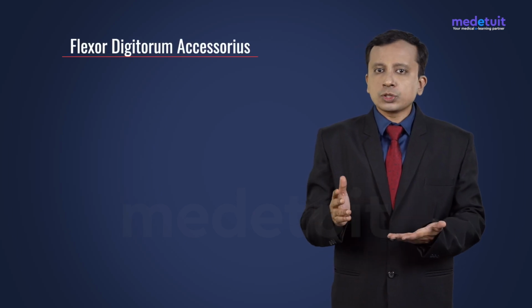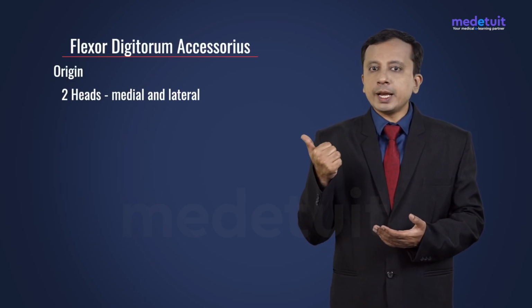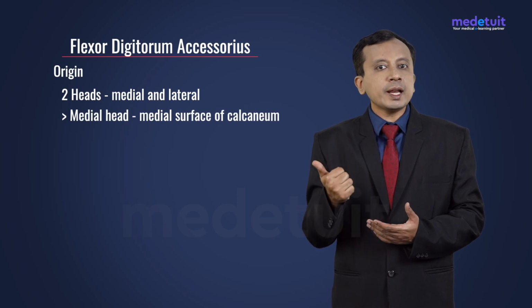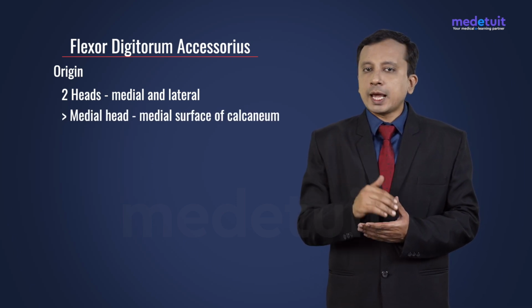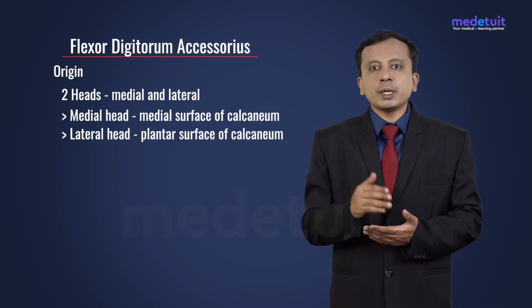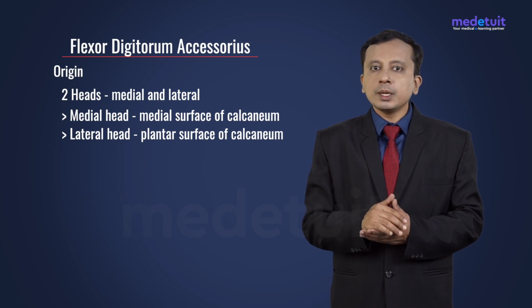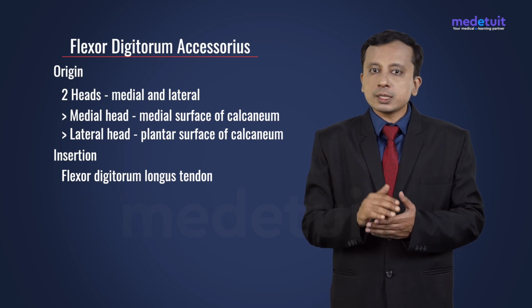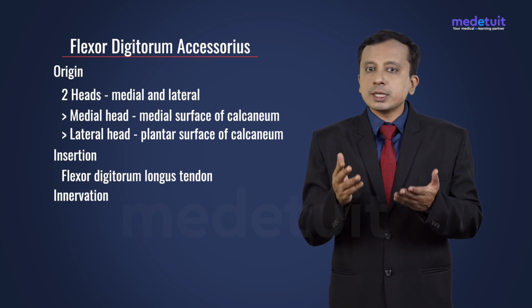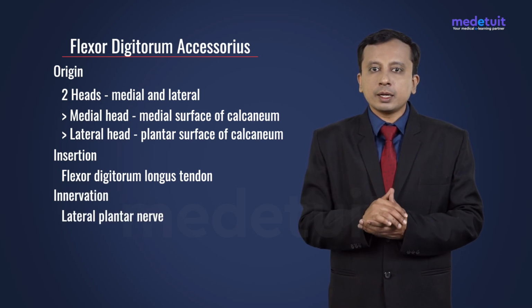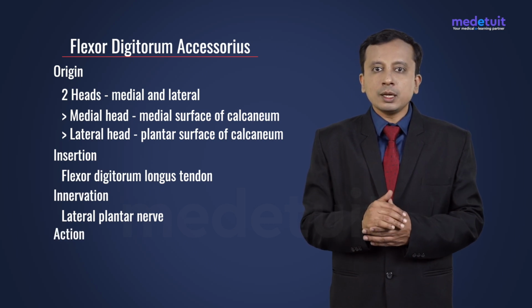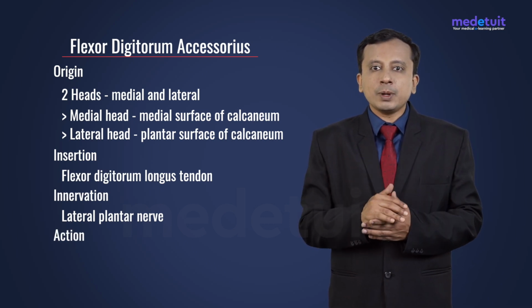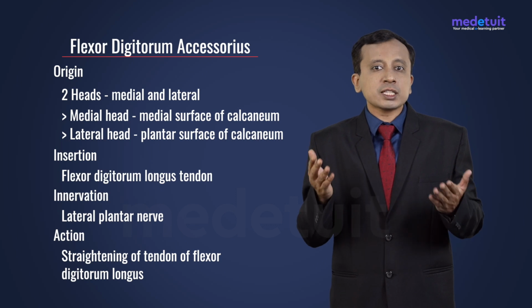Flexor Digitorum accessorius. It has 2 heads, a medial head and a lateral head. The medial head arises from the medial surface of the calcaneum, the lateral head arises from the plantar surface of the calcaneum. Both these heads fuse and get inserted to the Flexor Digitorum longus tendon. It is innervated by the lateral plantar nerve. Whenever this muscle acts, it helps in straightening the tendon of Flexor Digitorum